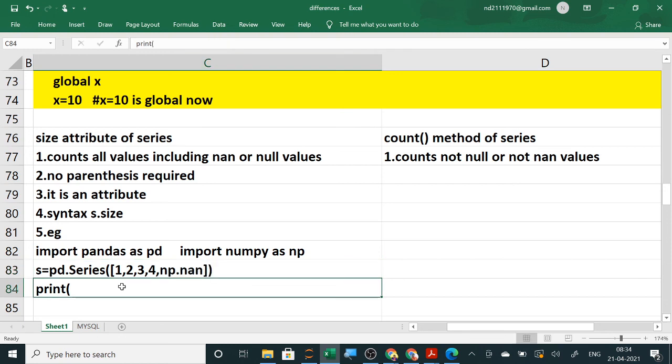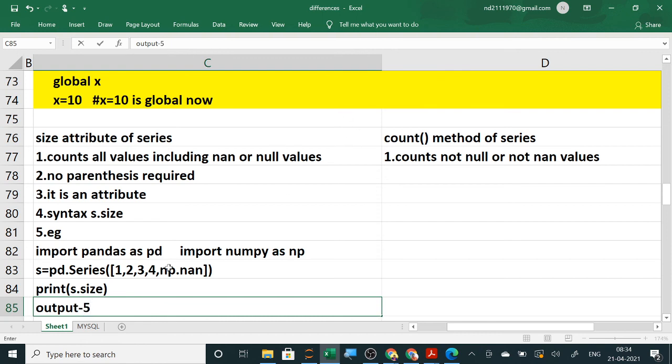Now if I write s dot size, it will display 5 records, whereas count will display 4 records. So s dot size, and the output will be 5. Clear?